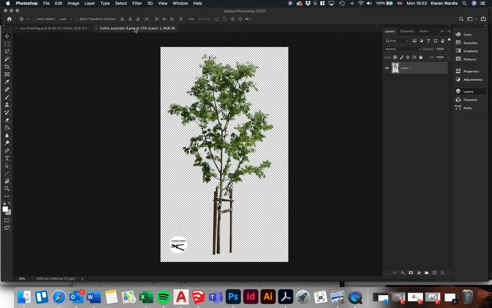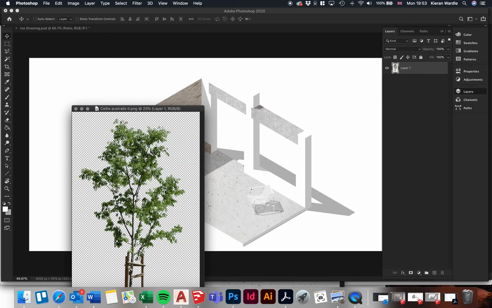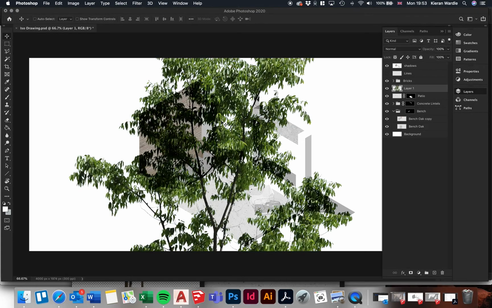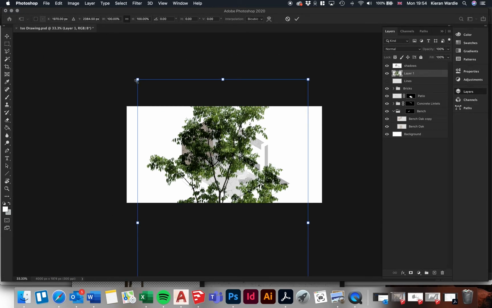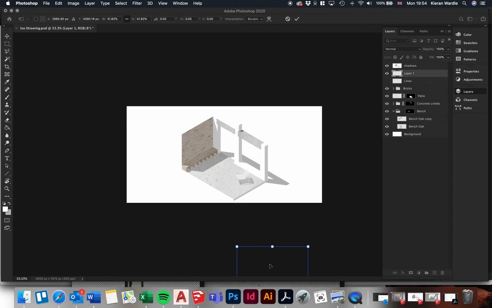So this is a tree, obviously, and you can see it's .png, which means that it retains see-through information. If you save something as a JPEG and it's see-through, it will save white, but a PNG will retain transparency. So if we put this over now, it's going to be really big, but if I pull it up towards the top and I Control T, that means I can change the scale. So I'm just going to make it really big and pull it over,